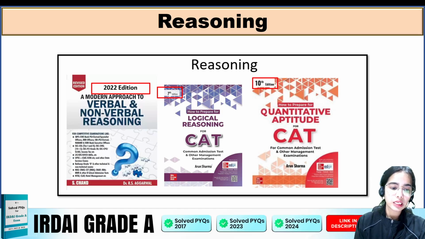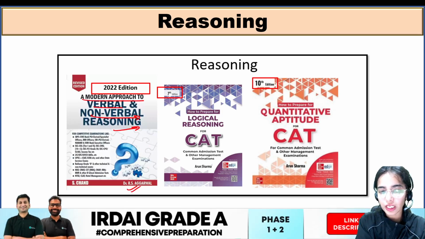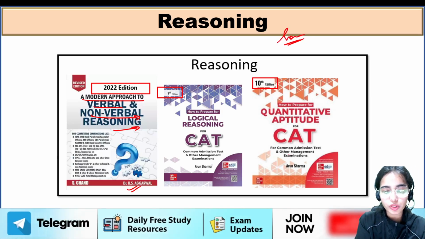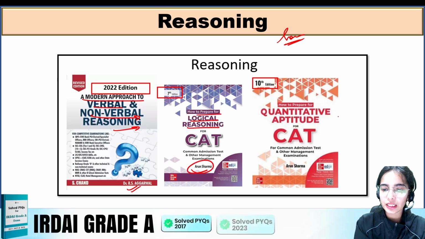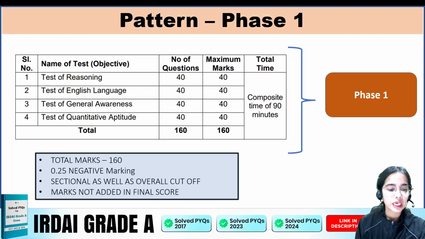Now for the reasoning, there is A Modern Approach to Verbal and Non-Verbal Reasoning by Dr. R.S. Agrawal. So these are the sources for the reasoning that you can follow if you do not have a course. Also, How to Prepare for Logical Reasoning by Arun Sharma, and the Quantitative Aptitude. This is for the quant that you can follow. Okay. Now coming to the